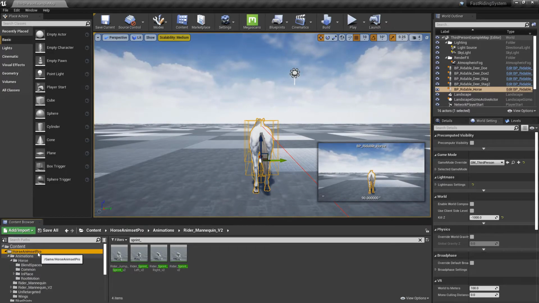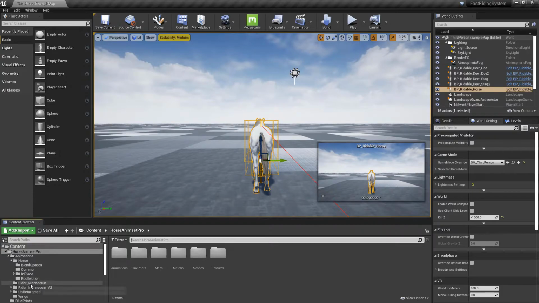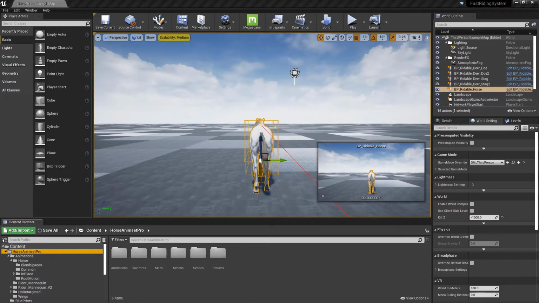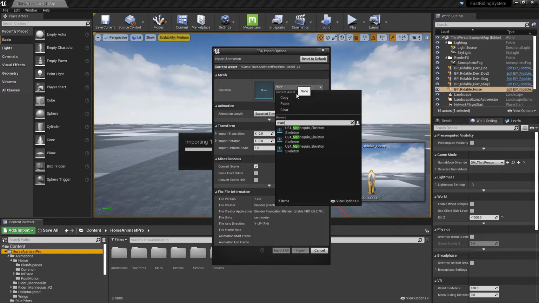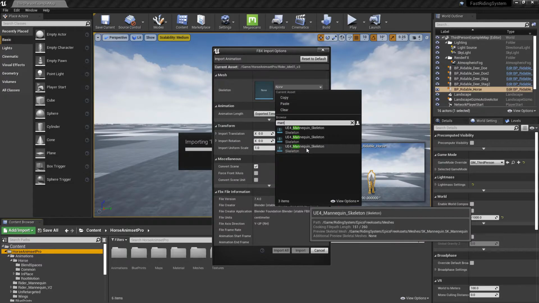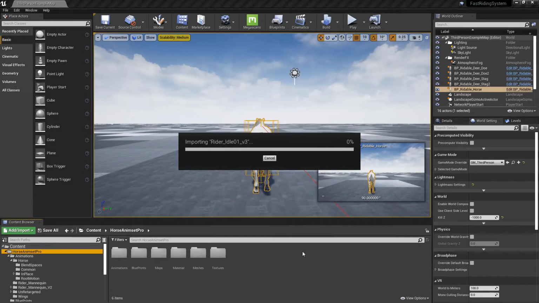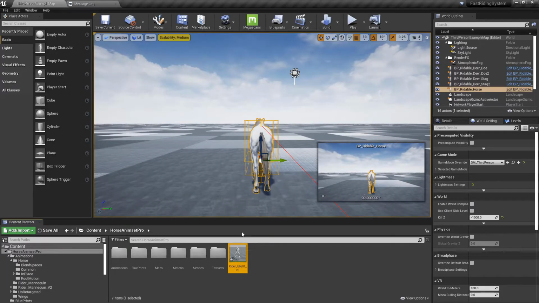So I'm going to export them here so that I don't lose it. There you go. And it's going to be the mannequin, the rider mannequin, which is this. Alright, so we have this. Let's replace, let's go to